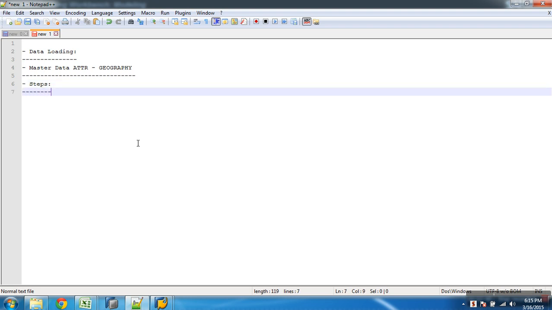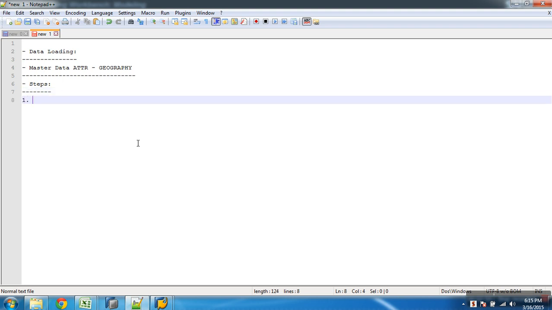The first thing, so we'll take down the steps of what we do here. For the first two examples I'll give the steps, then you keep doing it. First thing is to insert the characteristic InfoObject as InfoProvider.